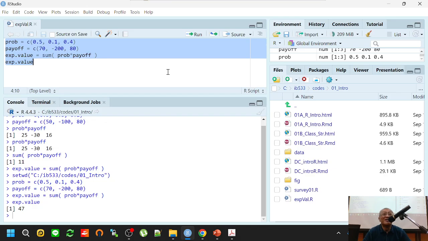So in this process, what we are doing is creating data objects, and then we are doing an expression to define the new data object. And that is what we do